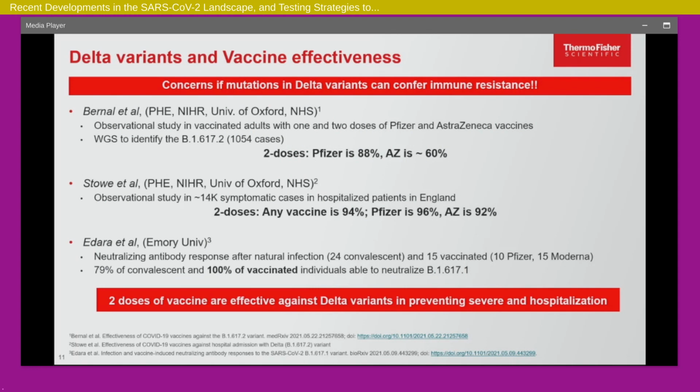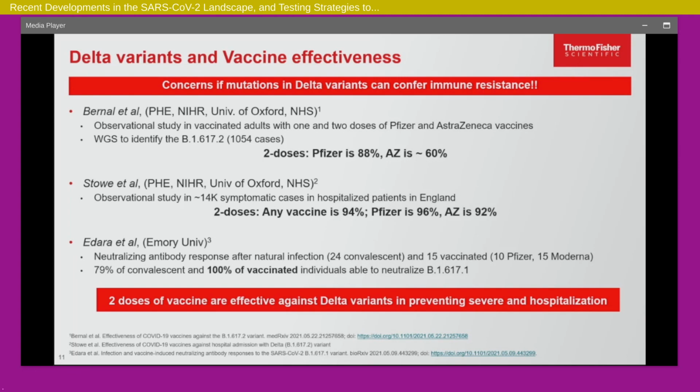Now, I was listening to the plenary session, and there is some early data coming out that there might be some decreased efficacy, and that's where the real concern comes around: do we really need to look at this data and really understand whether vaccines need to be modified at this point? Because the mRNA vaccine is an interesting technology, because you can just put another sequence into these lipid nanoparticles and get another vaccine. Obviously, it has to go through the approval process, but it is easily manipulated.